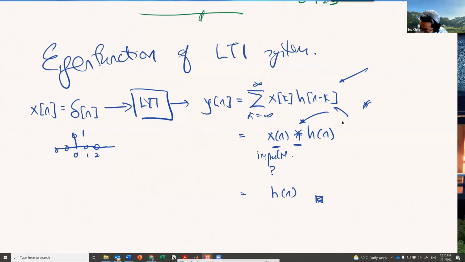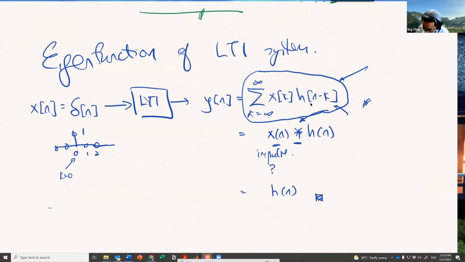If you do not believe me, by brute force, you solve this equation. Where is k happening? Only here. Only when k equals 0 is this 1. The rest of the values are 0. So only x of 0 will get h of n. See, everything else drops out. So this is the cool idea. So when you convolve with an impulse, you get h of n. What about when you convolve